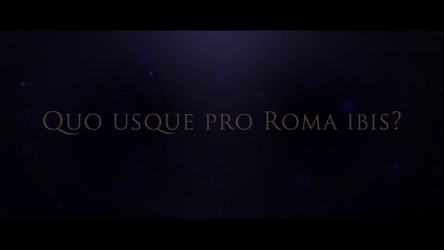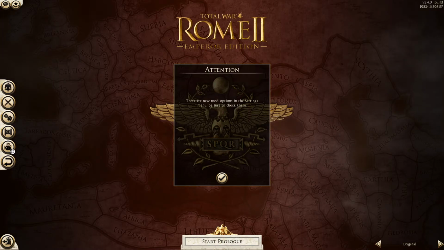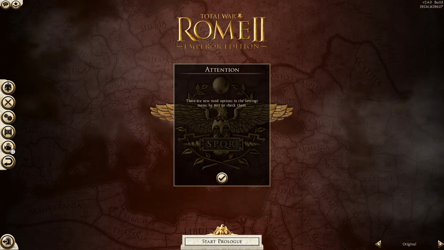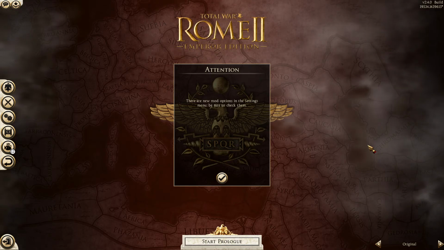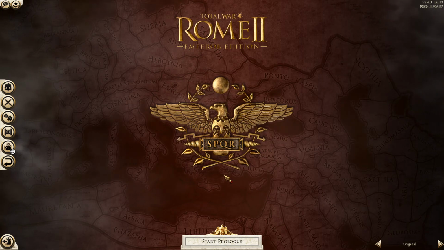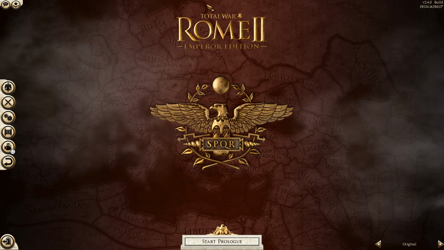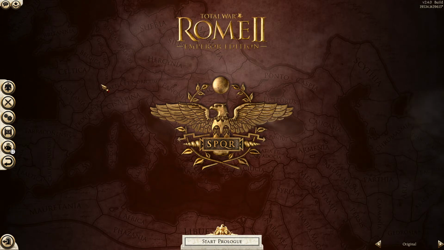He'll use his Pro Roma Ibis, I think. If I were to guess, that would be Can Rome Survive? Or something like that. Attention, there's new mod options in the menu. Be sure to check them. Alright? Oh, this is different. Why must every Total War game have a different menu? Every single one. Anyway, so,